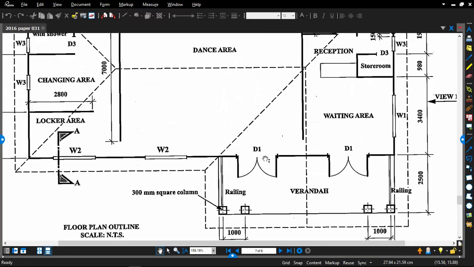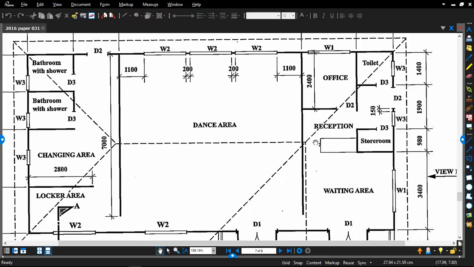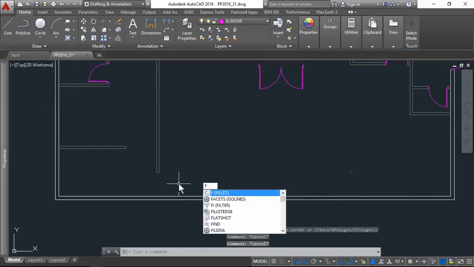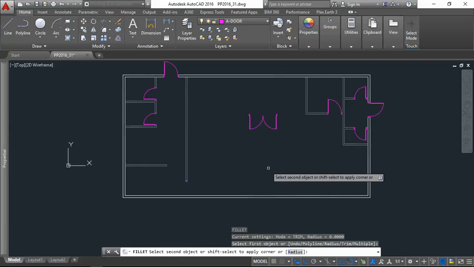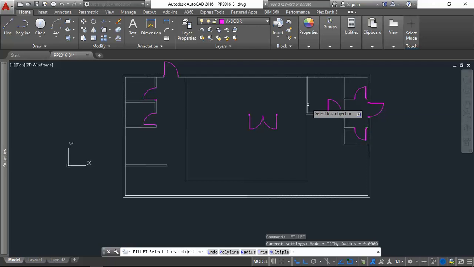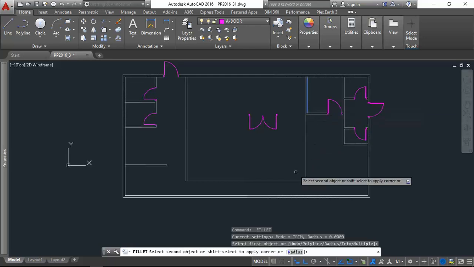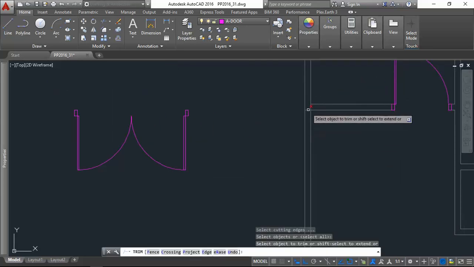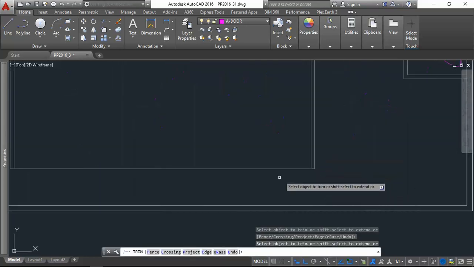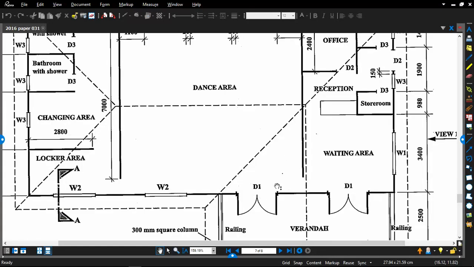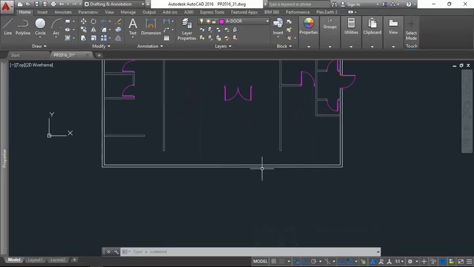I'm missing a wall. Missing this wall here. So, which is fillet, fillet, trim, right, so